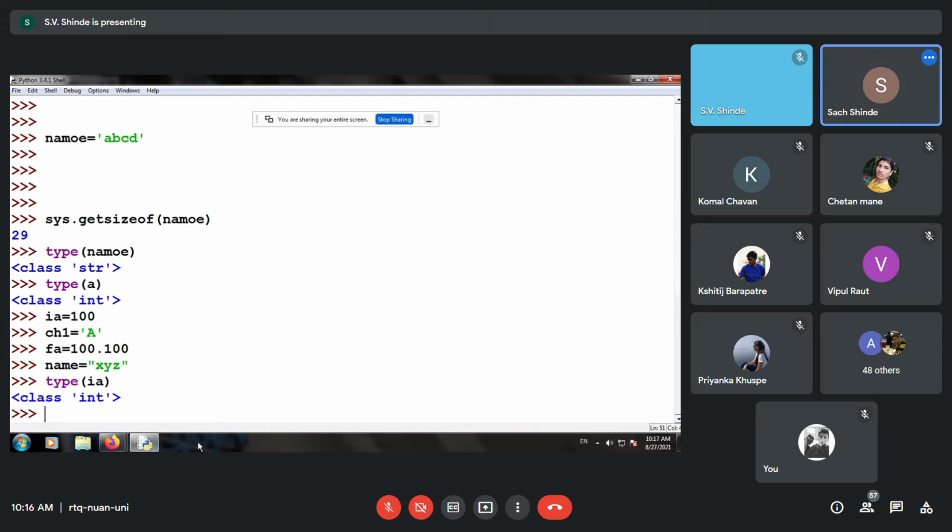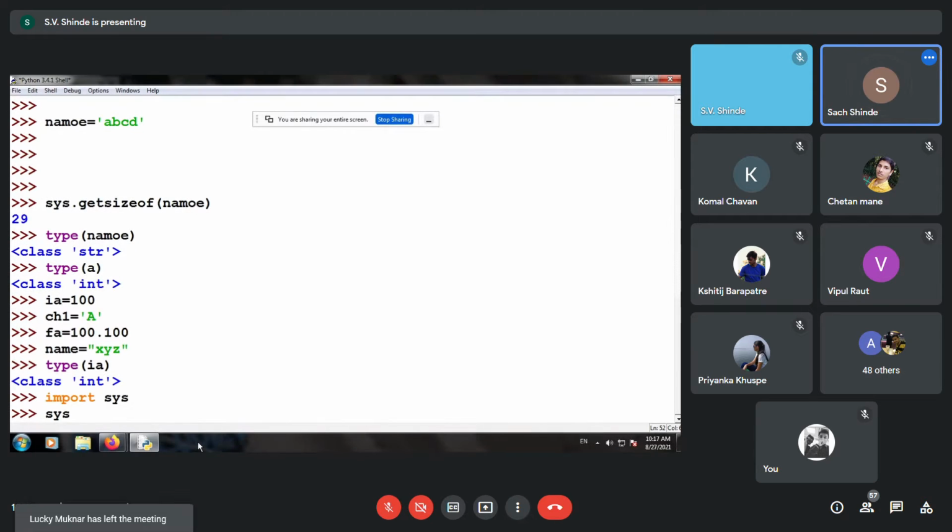Now for finding the memory requirement of the integer, I have to import a particular module, import sys, and in this you can type sys.getsizeof.